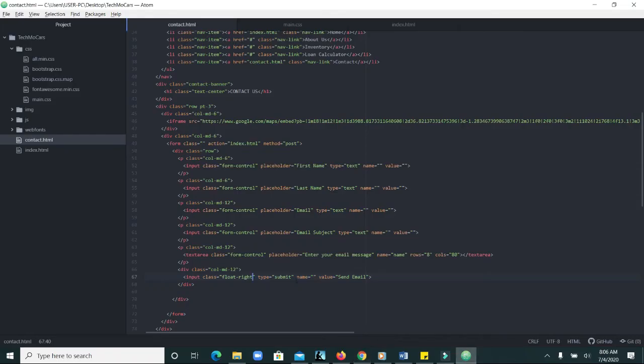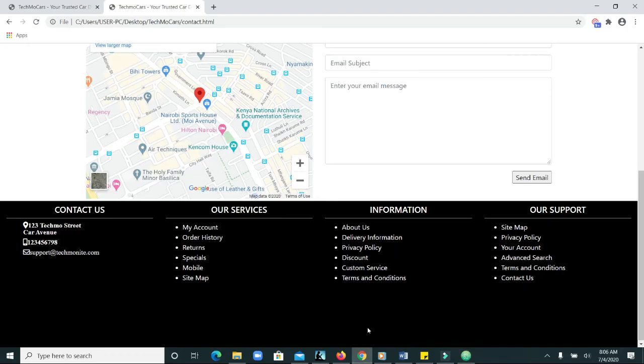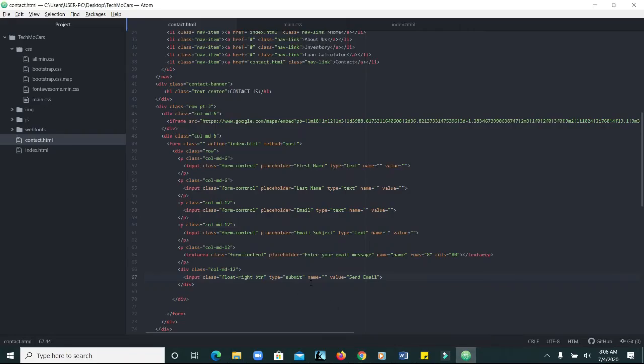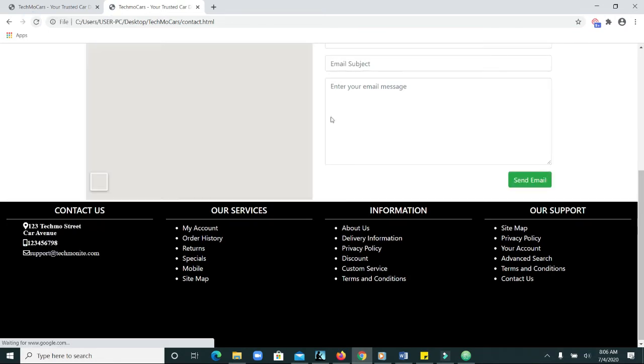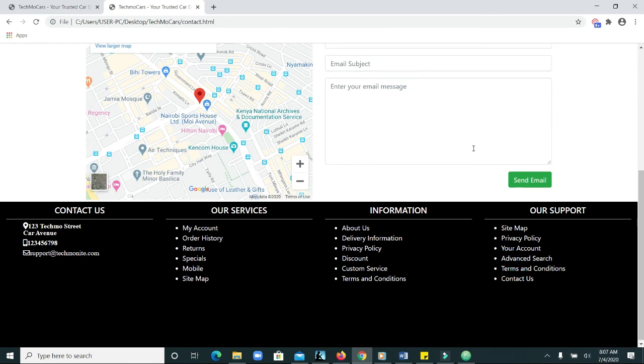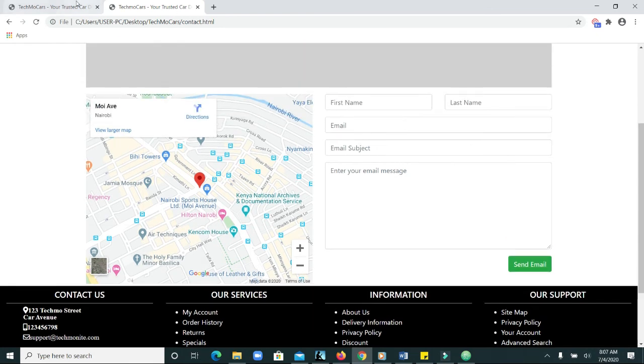And then we want it to be a button. Like that. Then we want it to be button success, like that. So that is how it is. Now for sending email,